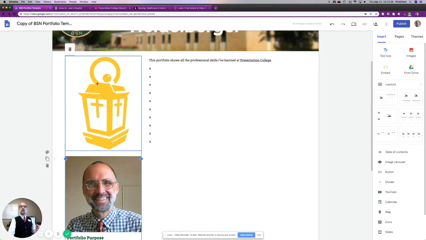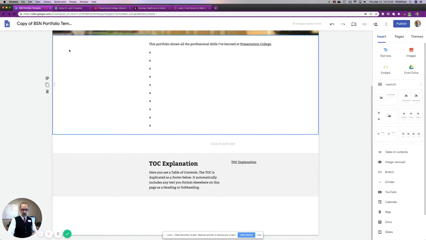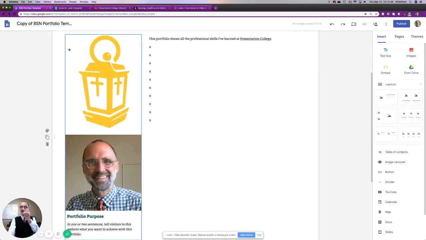But also, let's make room for another image here. I'm going to get rid of the lantern. You can keep it. I like the lantern. I think it's good branding. But if I clear that out, I cleared out my whole thing. Something to show you there. If you mess up and delete everything,